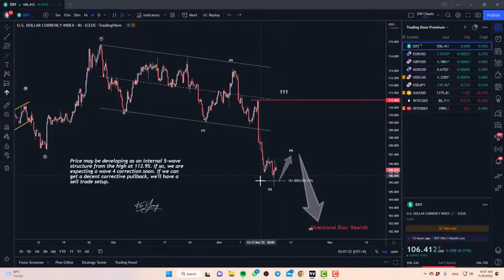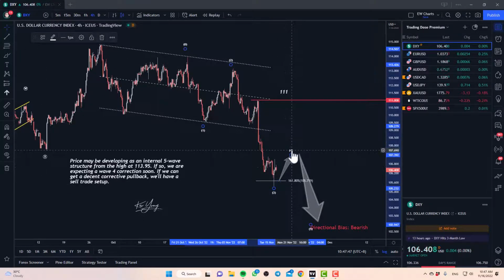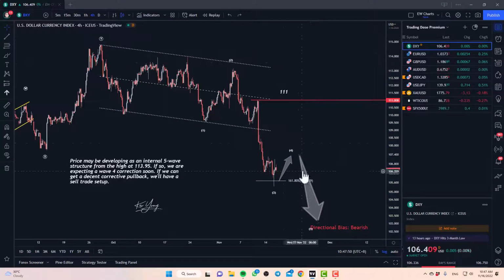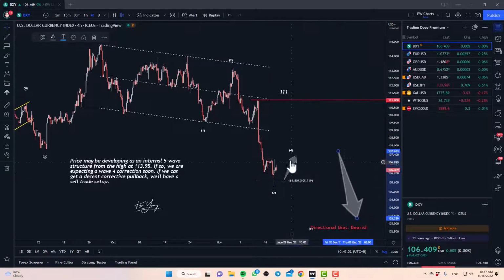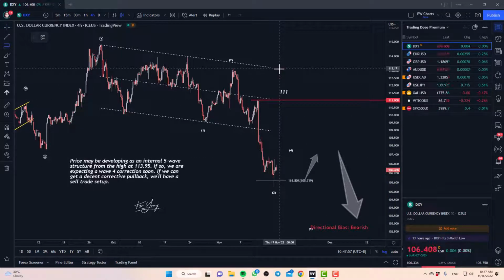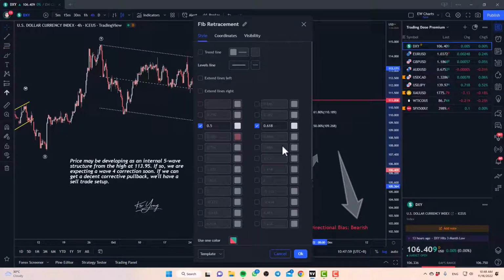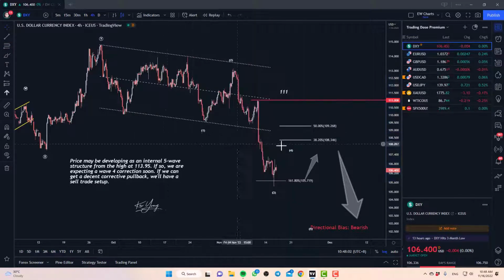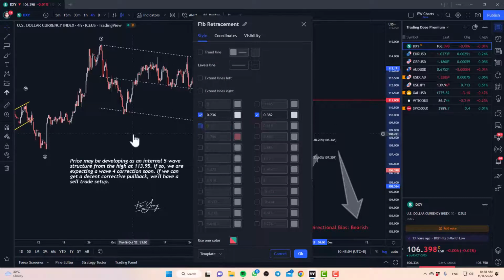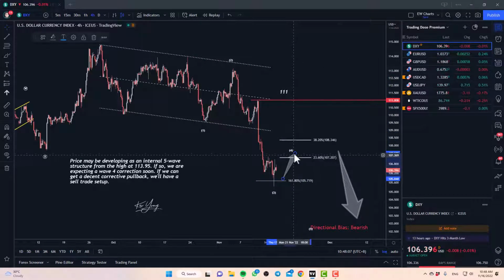What we are expecting now is that the market has tested just recently around the 1.618 extension, around 105.70, which gives us the minimum expectation of wave 3. So there's a good possibility that we're going to see a bit of a retracement to complete wave 4. And if we can see a very corrective nature of this move to the upside, giving us that wave 4 completion, then what we have here is a potential sell trade to take it lower.